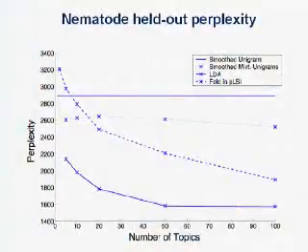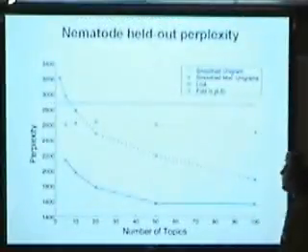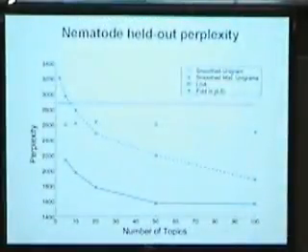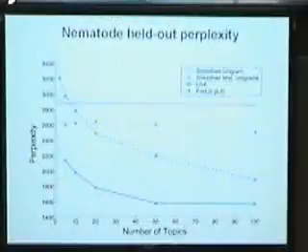This is not about the LDA model itself, but just to give you an idea, these are some corpora that we tested it on. These are perplexities, so you want them to be small, as a function of the number of topics. And these are some of the standard IR models: a unigram, mixtures of unigrams, LDA, and then this heuristic folded-in version of the PLSI model. So here's the PLSI and here's the LDA. It's way better in terms of perplexity on most of the data sets we've looked at.